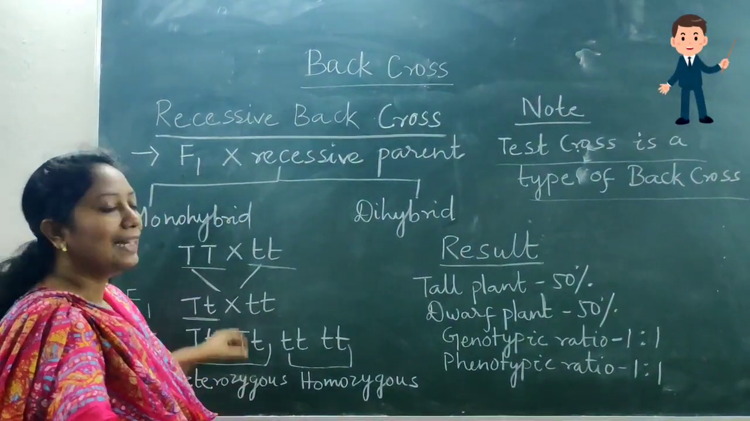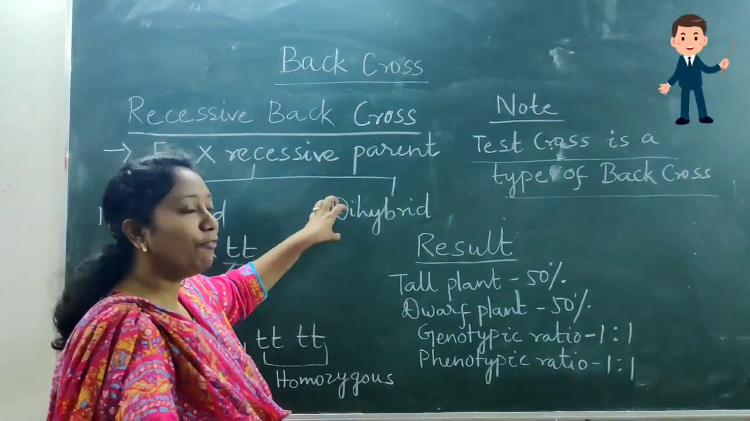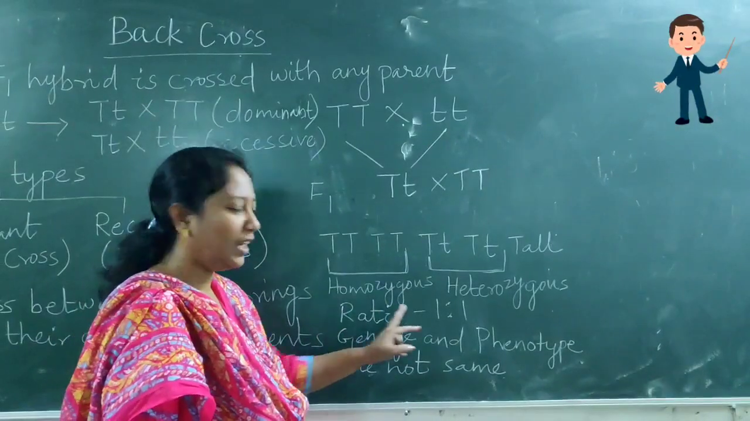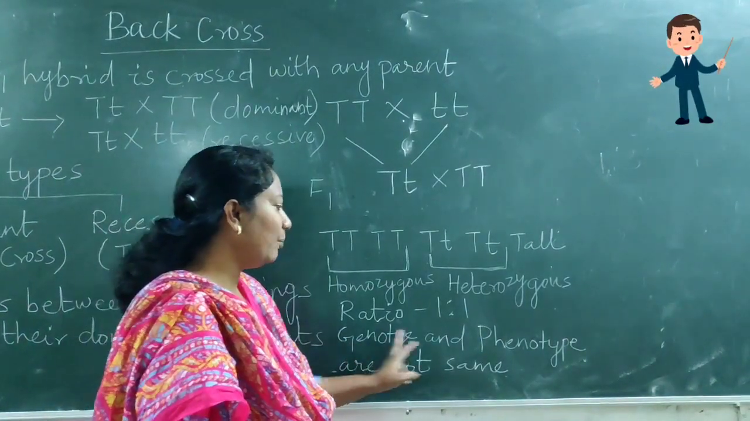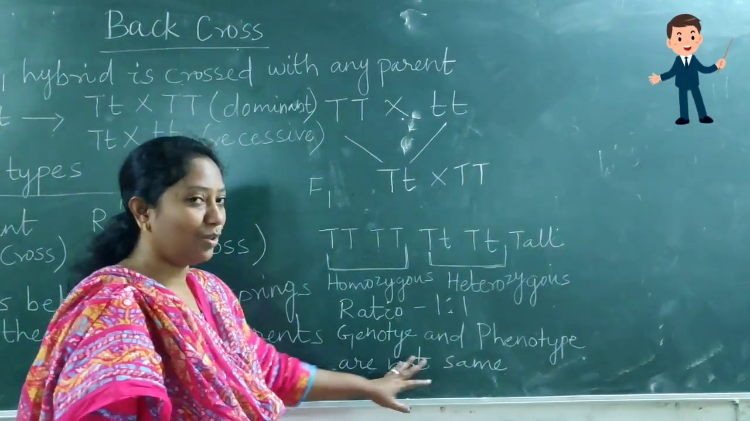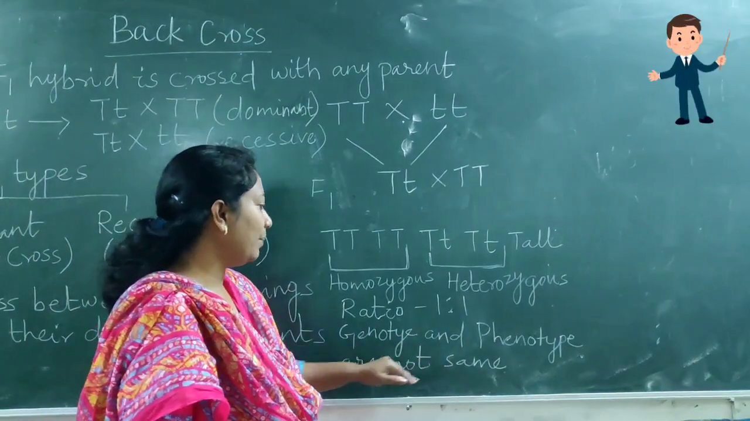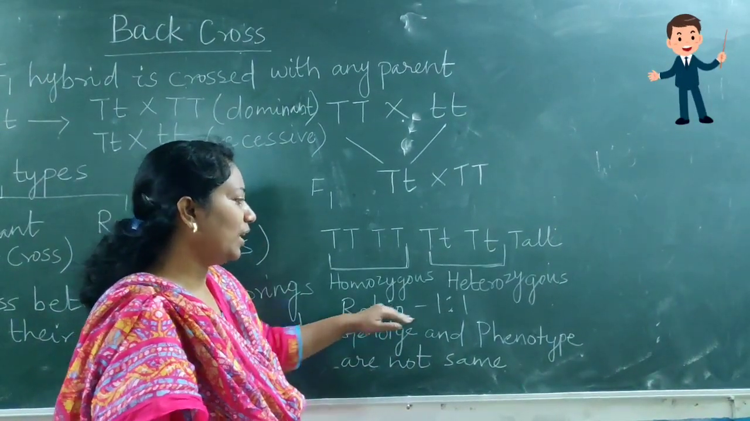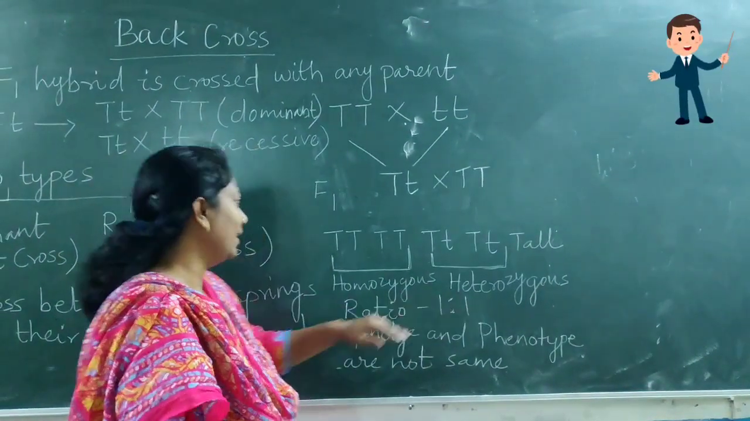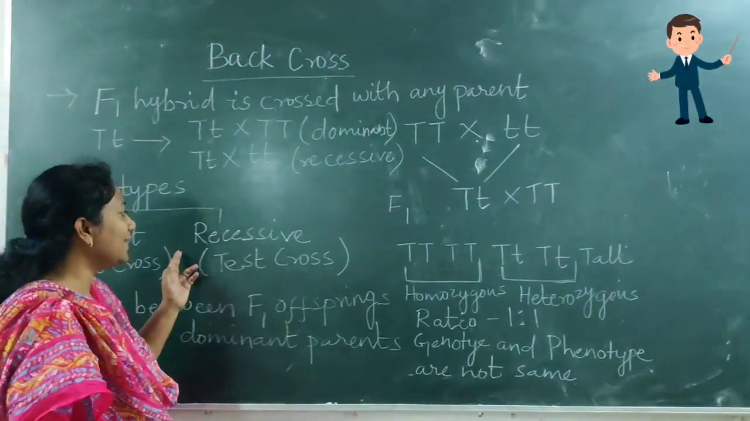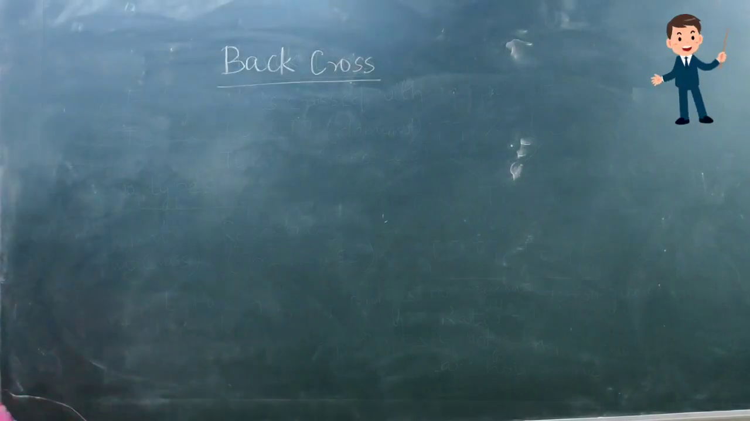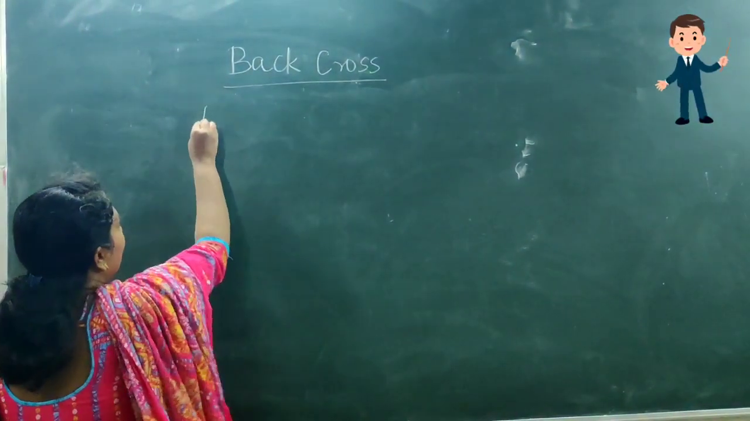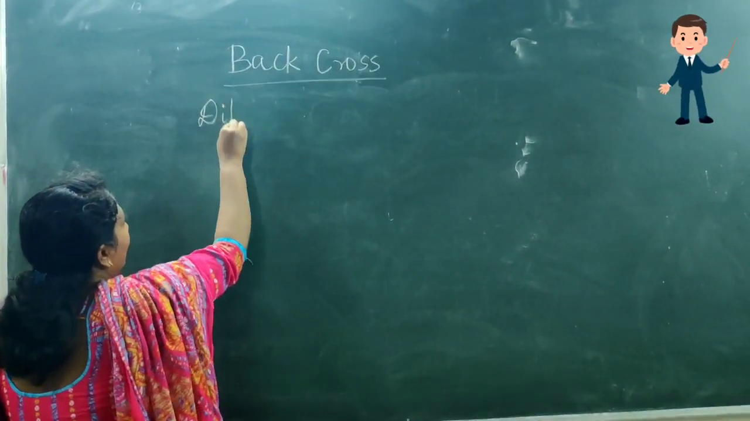Now we will deal with dihybrid recessive back cross. In the monohybrid case the ratio comes up to be 1:1. But we must remember that genotype and phenotype here are not same, but ratio comes up to be 1:1. Now let us go forward and see about recessive back cross or the test cross. Now let us deal about the dihybrid